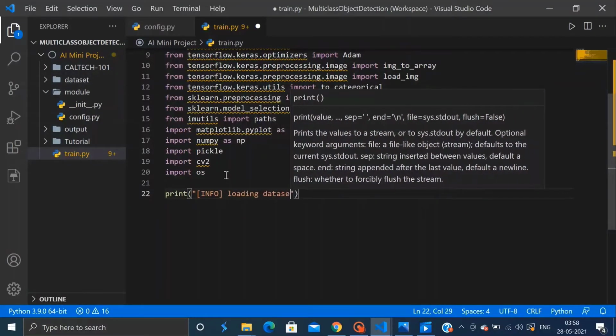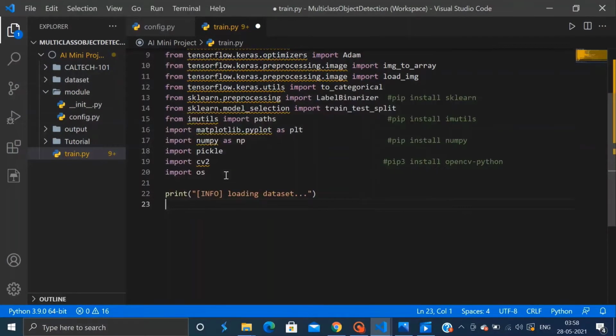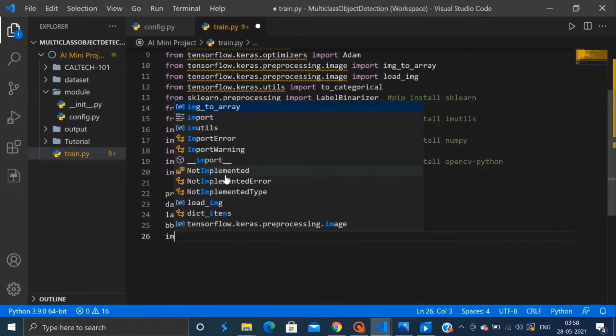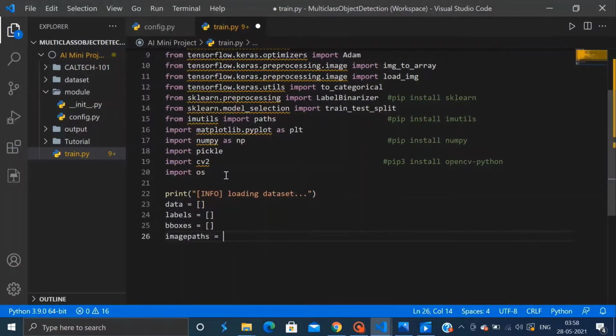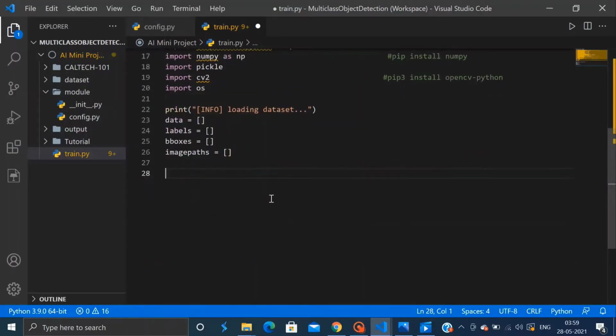So I'll write loading dataset, and then my first empty list will be named data, which will contain all my images, followed by labels, which will contain my class labels, then bboxes, which will contain the target bounding box coordinates, and lastly the image paths, which will contain the file path of our images residing on the disk. So now that the lists are initialized, we will populate these lists with some data so that they can serve as an input for our model.